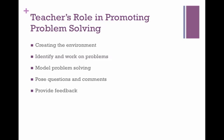So it's important that we help them to identify these problems that are meaningful to them, talk with them, listen, and then help them think about how they're going to work on these problems and really model problem-solving strategies and the good dispositions to persevere with a problem and not give up or ask someone for help immediately or expect someone to solve the problem for them. It's important that as a teacher, you convey a sense of joy in solving problems and really like the challenge,